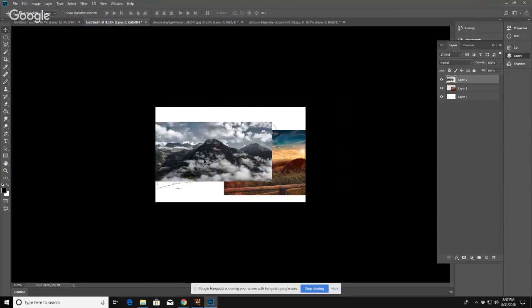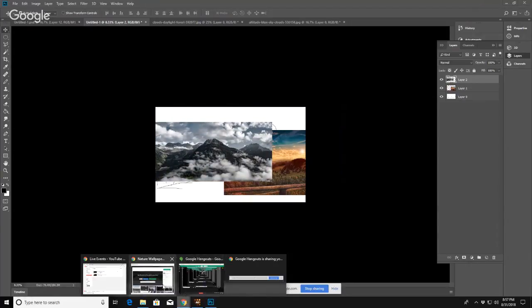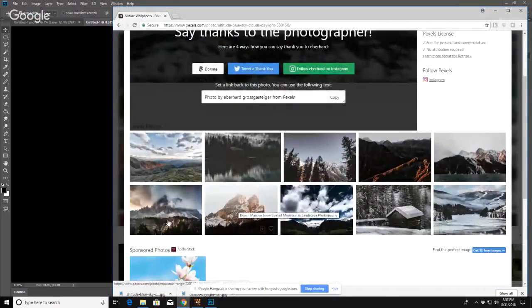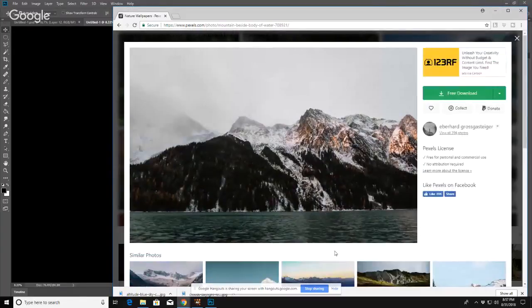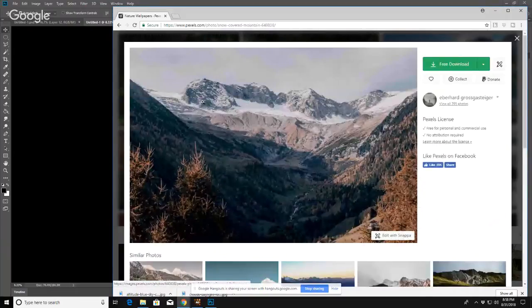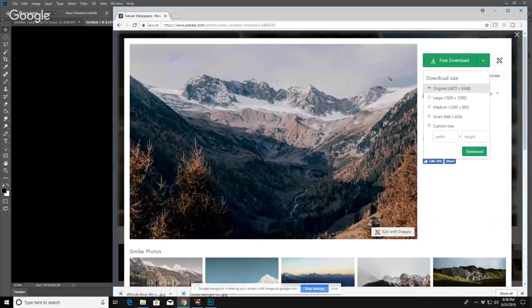But let's keep looking. See what else I got. Let's see. I like that. That's cool. I like that too. I like everything. That's pretty cool. So you do this, and then you get in some of these other images, like that is just so cool. Except the problem with that one is